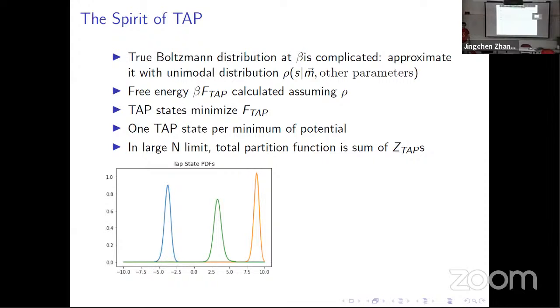Good question. Sure. If you believe in ETH, which I personally don't believe, what will the tap state look like in terms of ETH? Okay, so again, ETH is about eigenstates. Eigenstates are really, really long time quantities. So ETH is the eigenstate thermalization hypothesis. What the ETH says basically is if you take an energy eigenstate of a many-body system and calculate any sort of few-body expectation value, it'll look like the thermal expectation value.